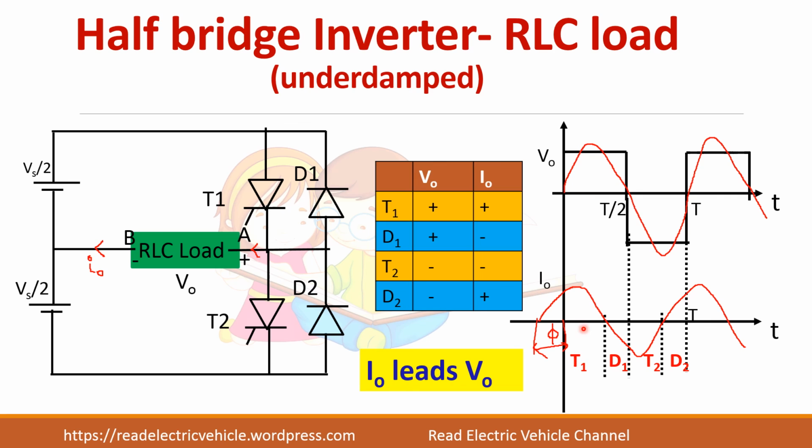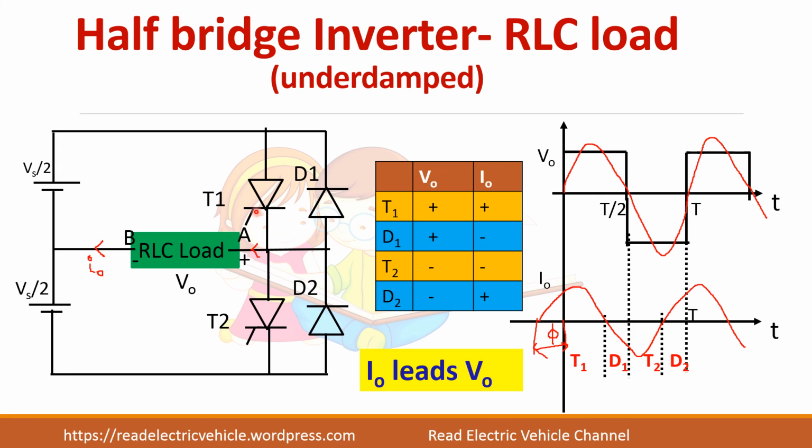So both are positive, so T1. And when voltage is positive and current is negative, it is D1. Same table, same voltage waveform. Only the current is leading the voltage by an angle phi. So in this case, you can see that T2 is turned on here only, whereas T1 is getting turned off here itself. It means that in this case,